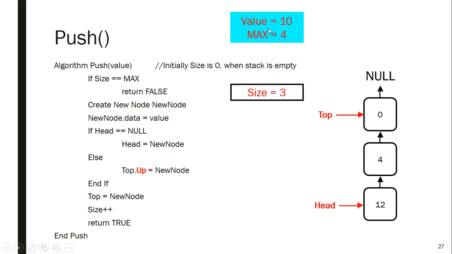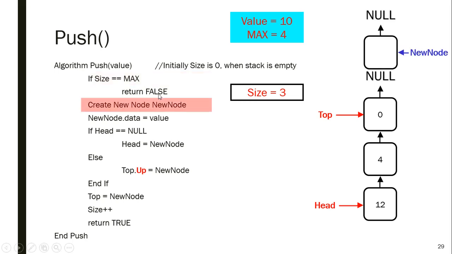Now suppose value is 10 and you want to push it on top of this stack, and you know size is 3. So if size is equal to max, you know you have been given that maximum your stack can grow up to 4 values. So it means you haven't reached the maximum size yet. If you had reached the maximum size, you would return false, but I will not do it. I will create a new node, because if size is not equal to maximum, it means there is still room in the stack for a new node. So I will create a new node, and I will assign this value 10 to this node, and then I will see